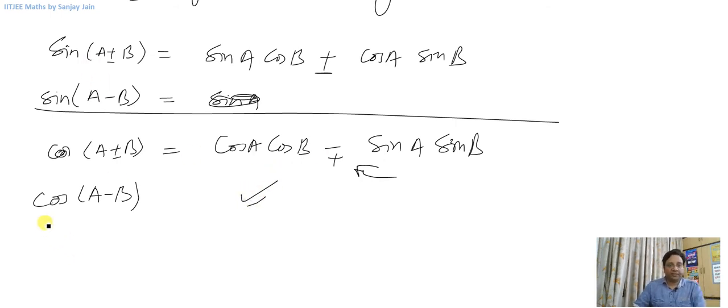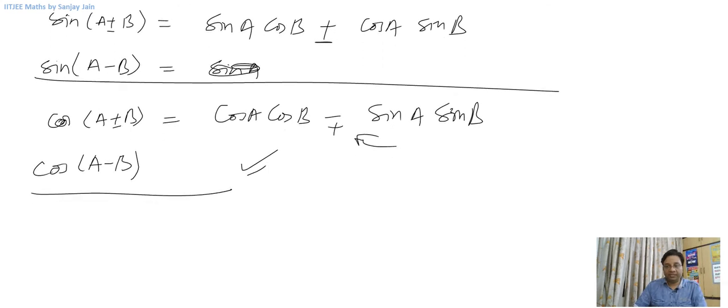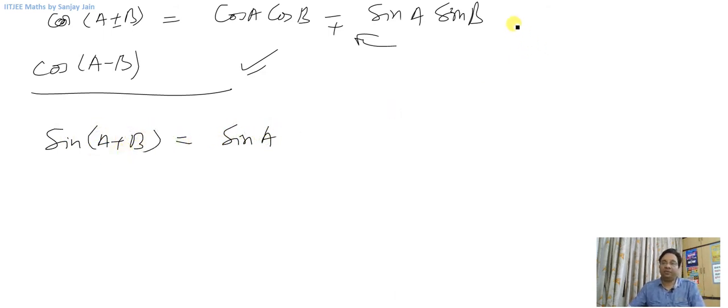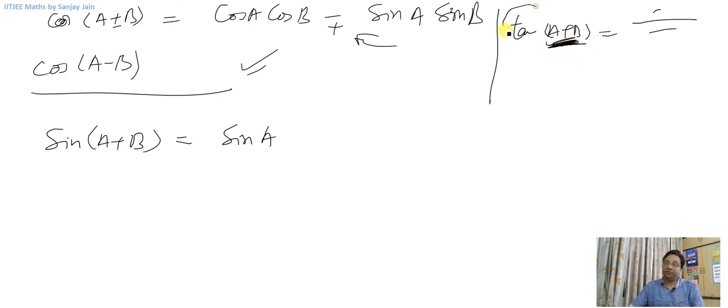Now you see, you can derive some other formulae from here itself. For example, when you have got sin a plus b, what is it equal to? For example, we spoke about tan a plus b, right? Then on the right hand side we got some expression. Whatever formulae we are talking about, for example, this a plus b, all of these are defined, and we are talking about these formulae wherever they are defined.